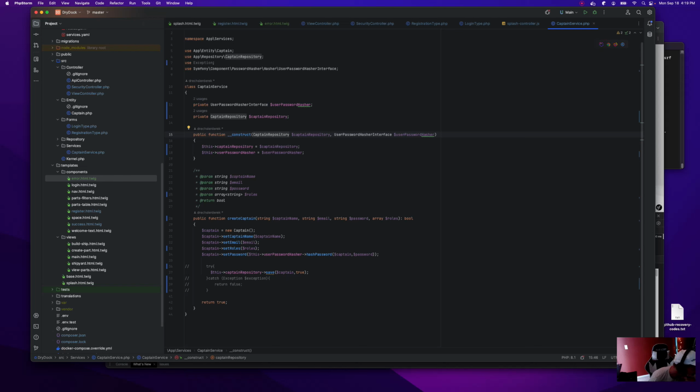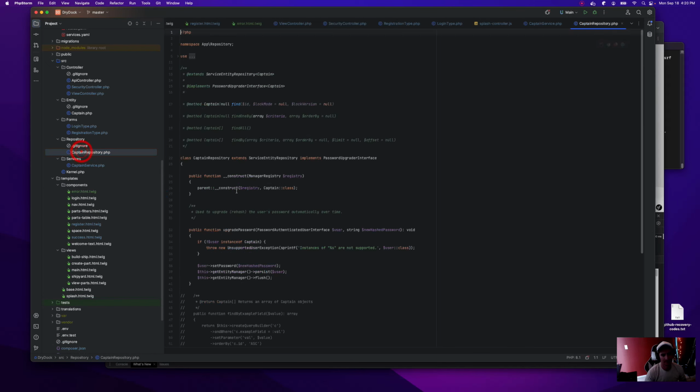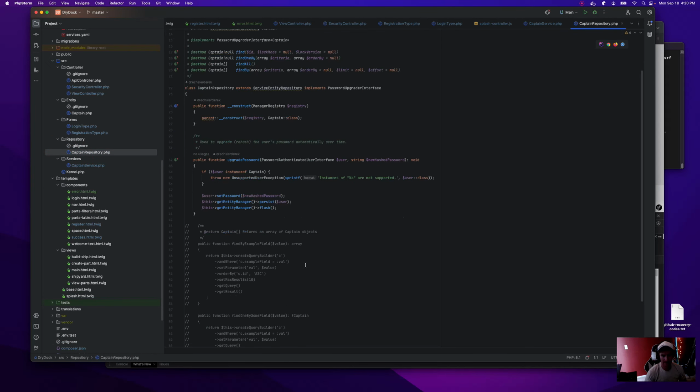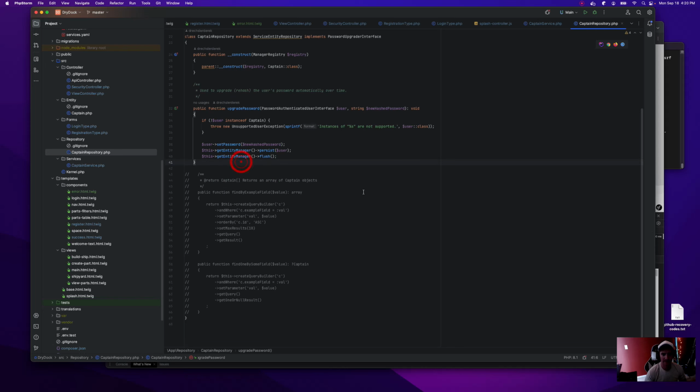Do I need the entity manager instead? Or my repository is just actually missing something. That's frustrating. Yeah, no save function.